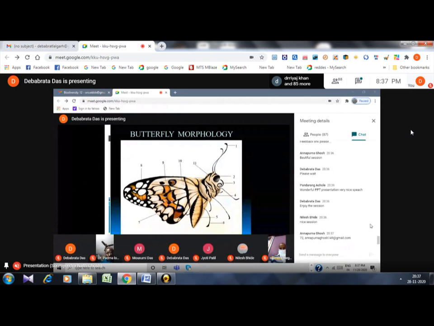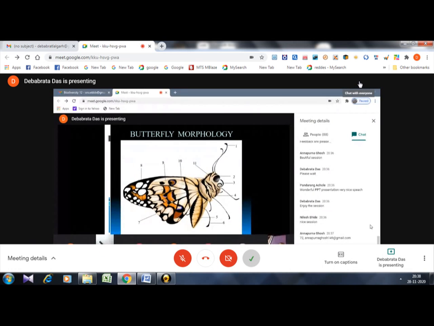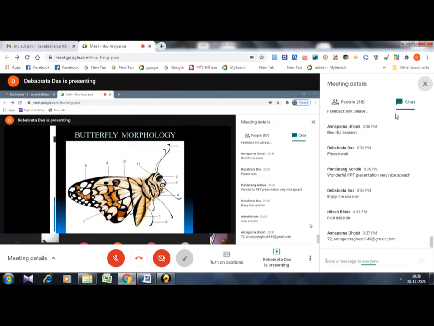And then number 3, as I told you earlier, the coiled structure, is known as the proboscis. As I told earlier, the butterfly has to form its own proboscis, or straw. It uses this proboscis only to drink nectar or fluids. It cannot eat, it doesn't have a mouth. So a butterfly's diet is mostly formed of fluids. That's why it has the proboscis, just to drink it like a straw, like we do. The proboscis is coiled when it is not used, but when it is used, it is a straight straw-like structure. Then we come to number 11. Number 11 is the head. It contains the proboscis, the eyes, and the antenna.